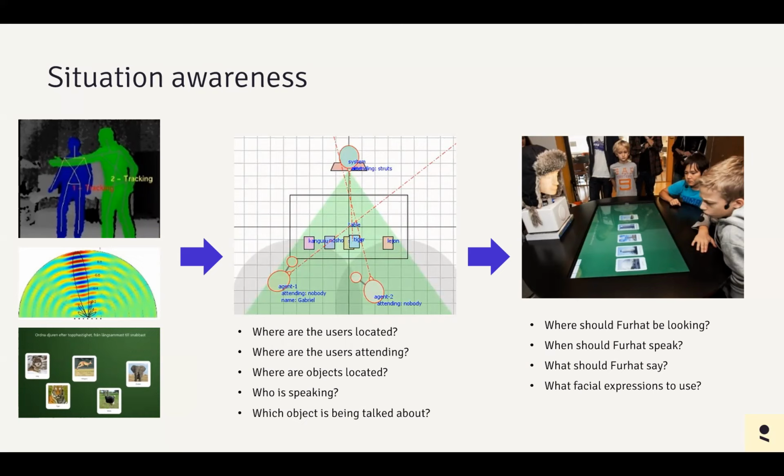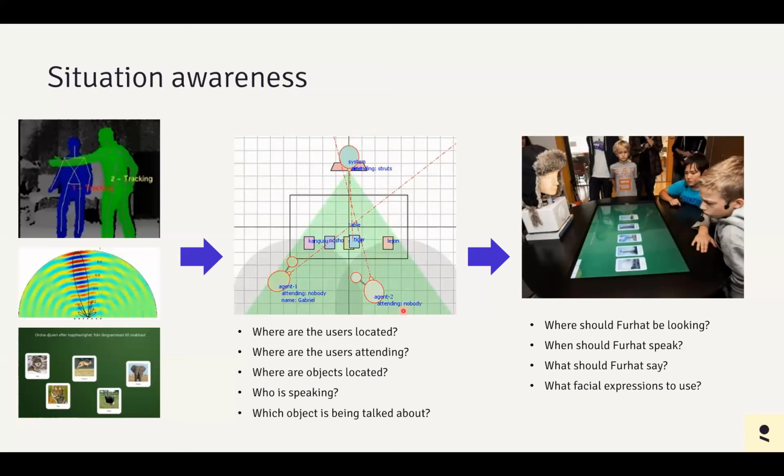In the case of a smart speaker or a speech-only system, it only needs to pick up the speech from the user. But here we have to have cameras and microphones to be able to understand what the situation looks like. So we pick up this using sensors, and then we have to figure out